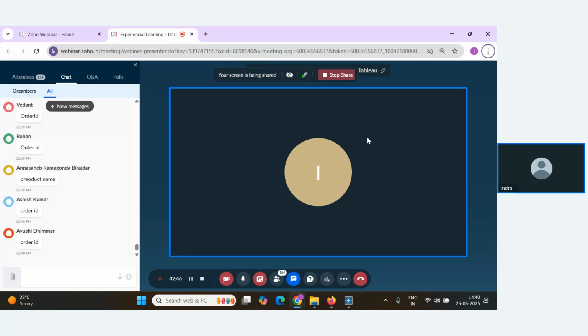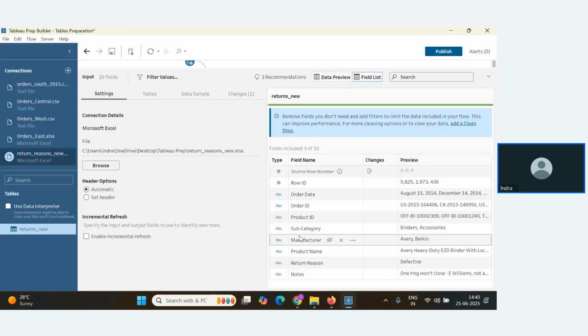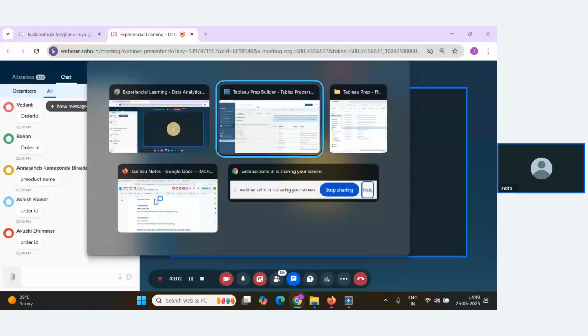Yes, I can see a lot of you are saying order ID. That is good. Basically, we can also combine based on another column, that is product ID. If we take two columns, we'll get more weightage for the two tables to join with.